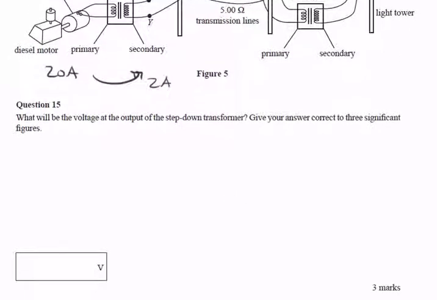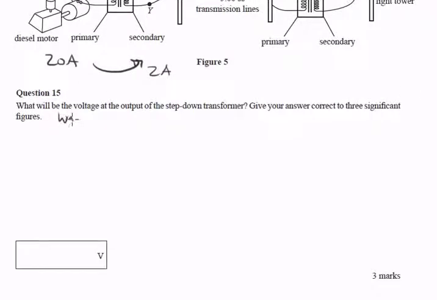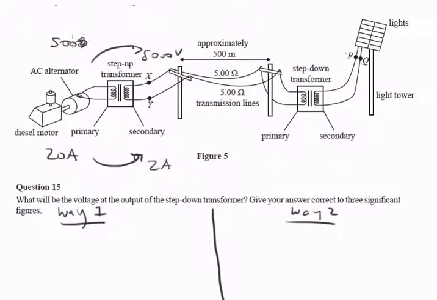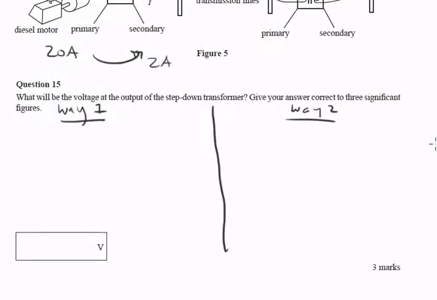Well, there's 2 ways that I'm going to run through to do this. They will give the same answer. First way I'm going to do it is using power. So this, just like before, the total power that's given out by the diesel motor is VI, 500 times 20, which we've done in a previous question, 10,000 watts. So 10,000 watts total